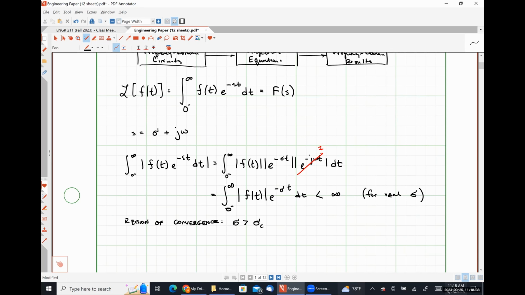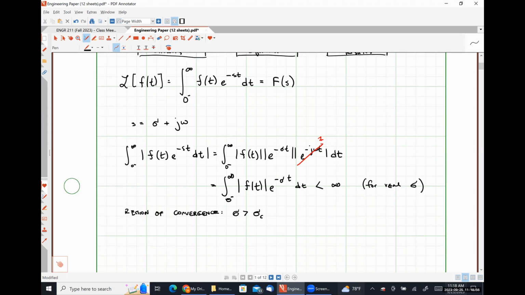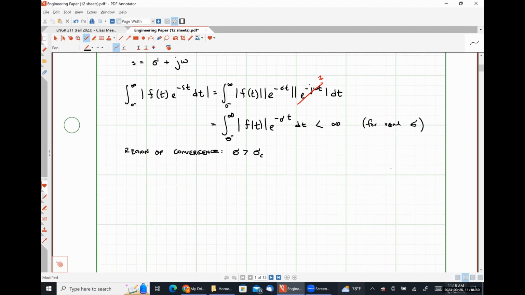All right. So we have defined the Laplace transform of a function f of t. Now let's talk about how we get back, right? So mathematically, the inverse Laplace transform is as follows. The inverse Laplace transform of F of s will be equal to 1 over 2 pi j times the integral from